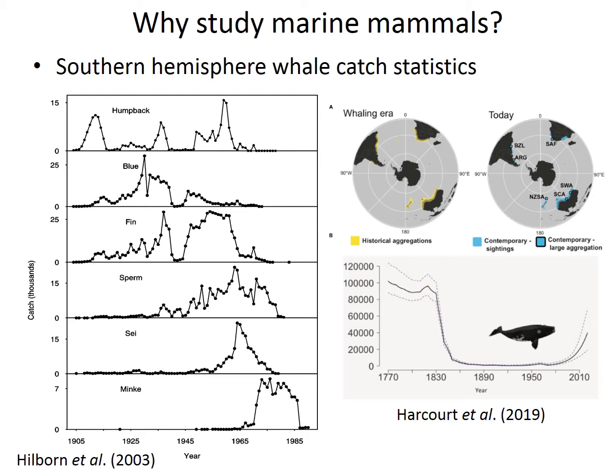And this graph on the left shows the catch histories for most baleen whales in the southern hemisphere. We can see humpback whales started earlier, and then blue whales, fin whales, sperm whales. And what's interesting as well is there seems to be a shift when one stock is sort of harvested to the optimum, and then they shift to the next one, and so on to optimize profit over time.